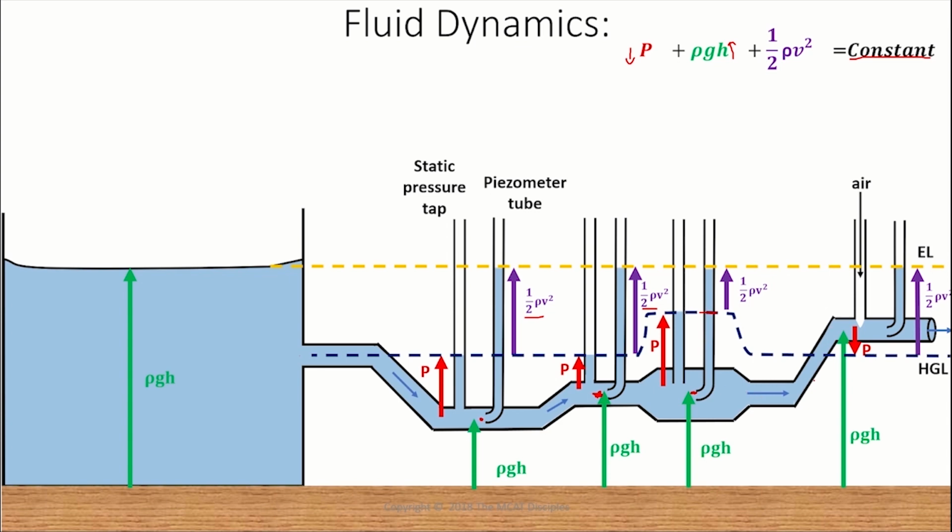Okay, moving right along here to the next junction where we have tubes, you'll notice that we've increased the height tremendously, and we decreased the area. So we've decreased the area, we've increased the velocity of fluid flow, so now we have a stronger velocity head. And the rho gh is increased because we've increased height. And now the pressure is so low that we would call this then a negative pressure.